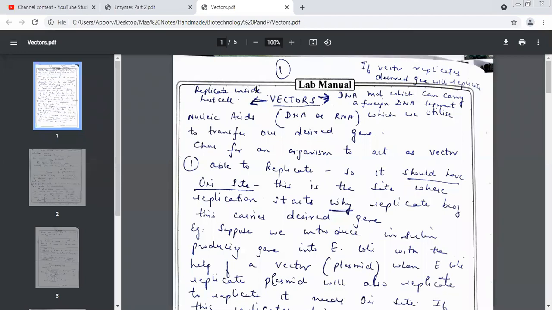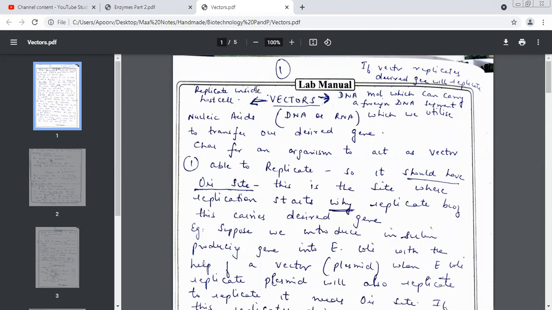So I take a plasmid, I introduce one gene which is resistant to antibiotic and I put it in the body of the organism. How many genes has the plasmid taken? One. Only one. That one gene will not be able to help me. I wanted the organism to become resistant to antibiotics, but one gene will not be enough. We need a number of genes for that property to be achieved.